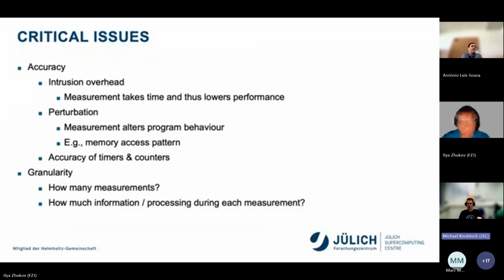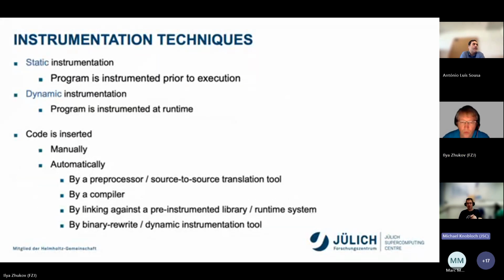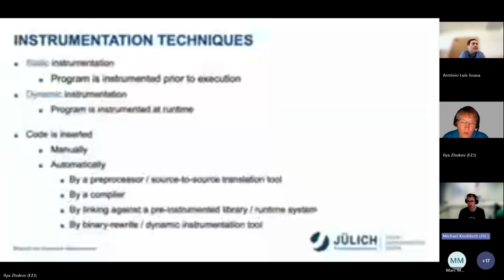If I might chime in for a moment, the important thing to notice here is that for sampling, the number of measurement points is determined by the runtime of your application. And it's always the same for a given runtime. For a certain runtime, you always get the same number of measurements, regardless of the application. So if you have application A running for 10 seconds and application B running for 10 seconds, you will have the same amount of sampling and thus the same amount of overhead.